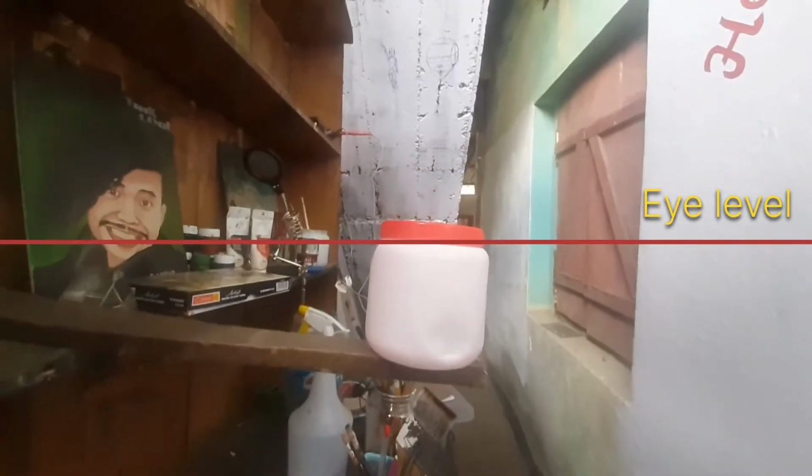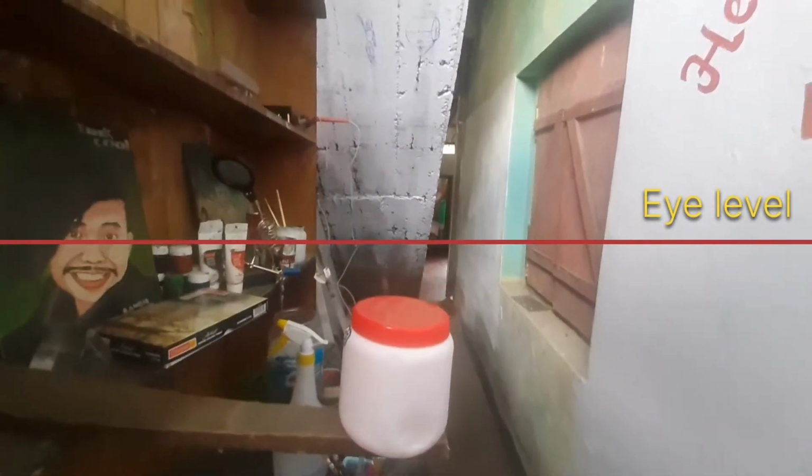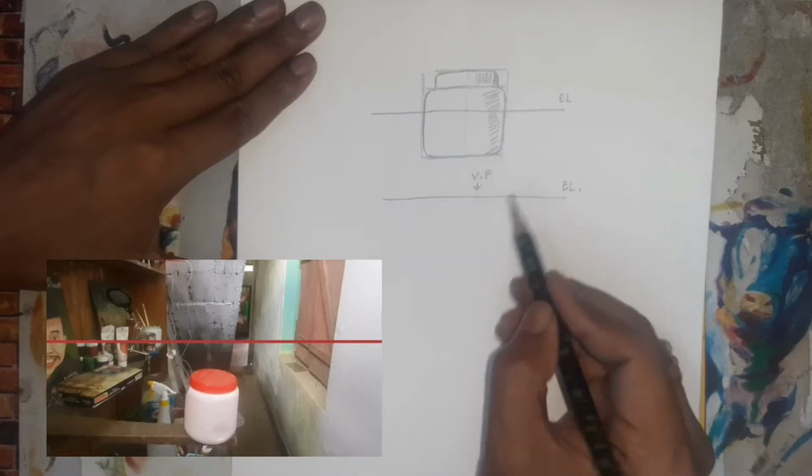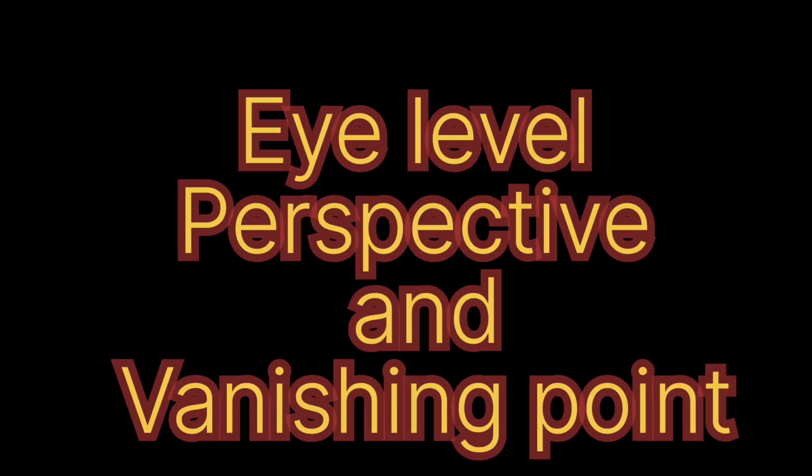A little bit, if I stand up, my eye level will rise up. So I'm drawing the eye level above the objects. So the eye level I have drawn, and then I'm giving the vanishing point. Now